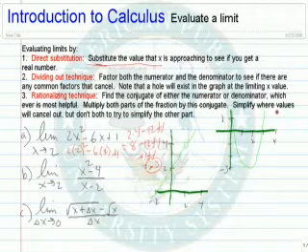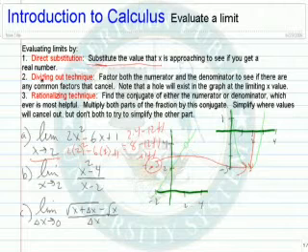If we look at a graph, here's the graph of y equals 2x squared minus 6x plus 1. As x approaches 2, the y value approaches negative 3. So that makes sense. A second technique is called the dividing out technique, where if it turns out that you have